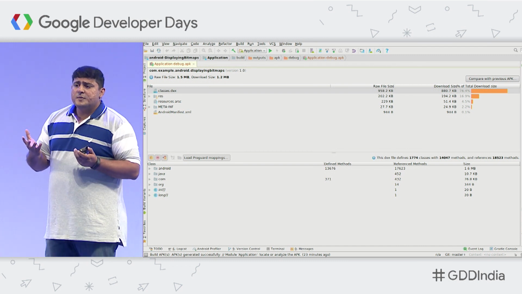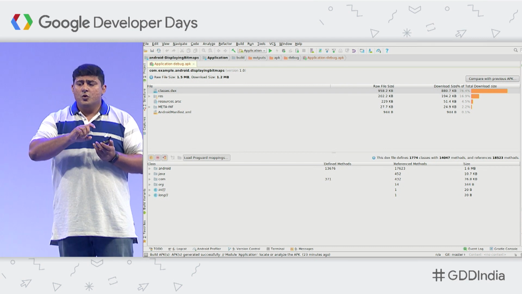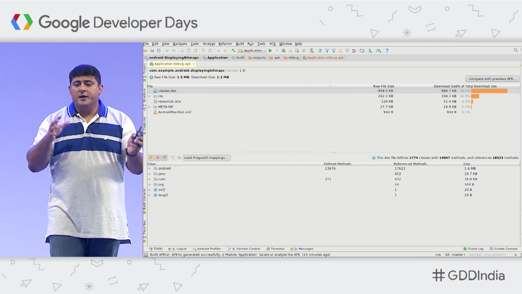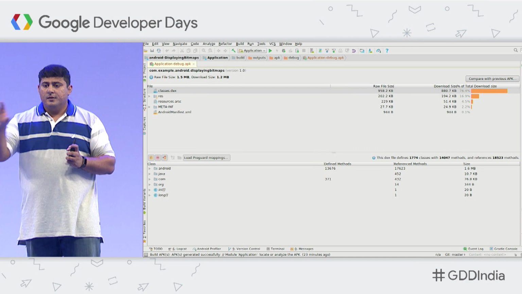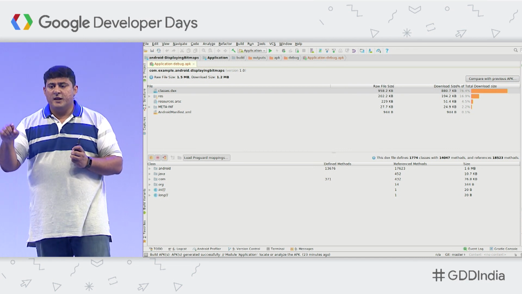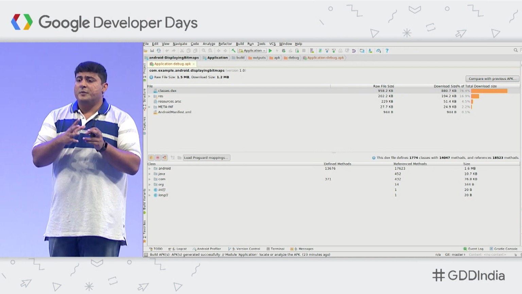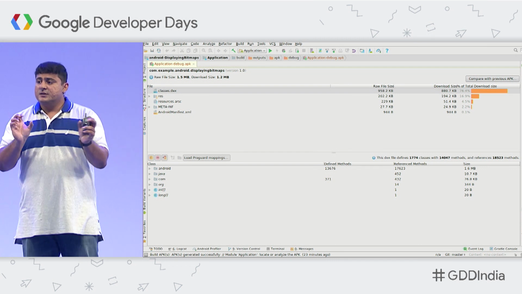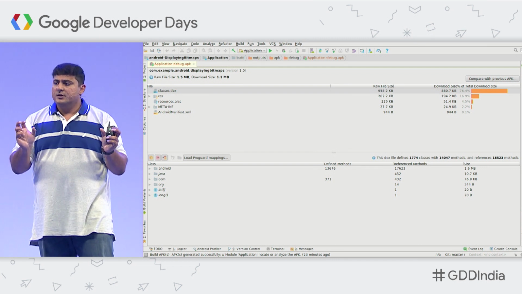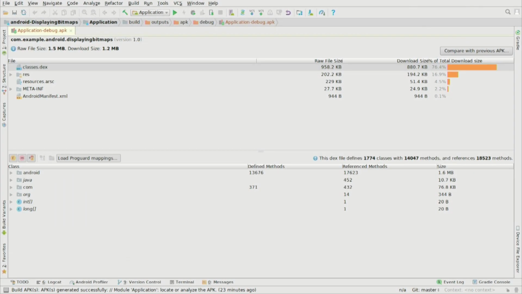The download size is basically how much data is going to be downloaded for this app when you are installing it from Play Store, because Play Store can do some additional compression on that. So sometimes these numbers won't match with each other. Play Store most probably will compress it a lot smaller and send it down the line. So the user will only download the download size, whereas your APK size is the size on the disk.